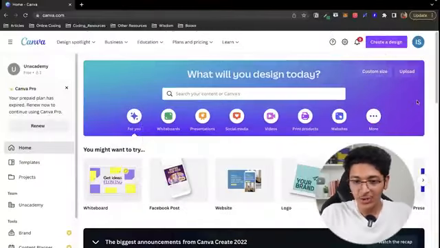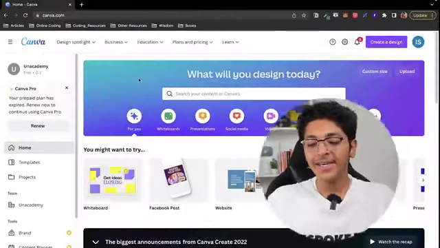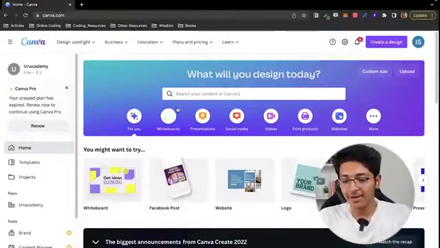So this, as you can see, is Canva. It's a free to use tool. Of course, you can upgrade, but I have deliberately chosen the free tier to show you what opportunities and things you can do. That being said, here we are at the home page of Canva, and look at what all